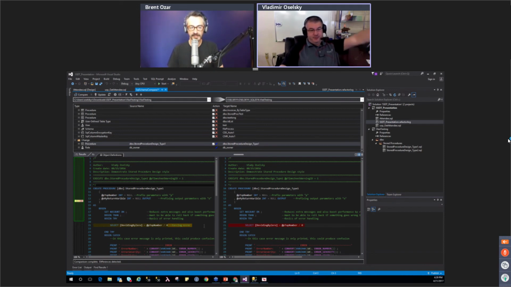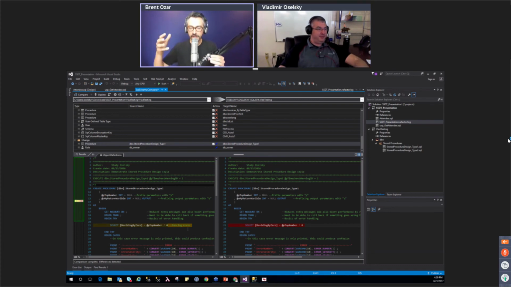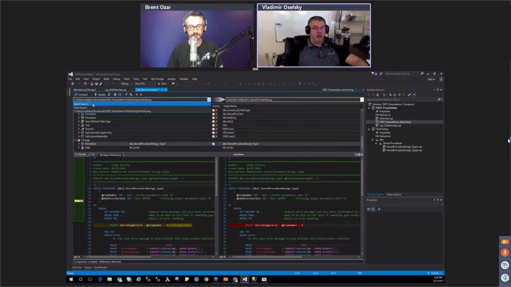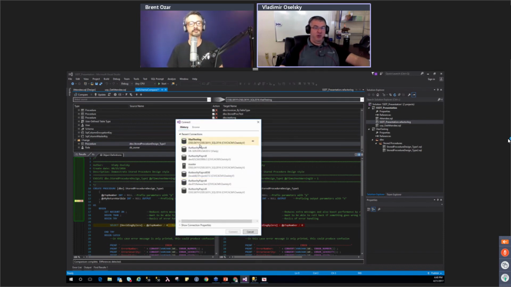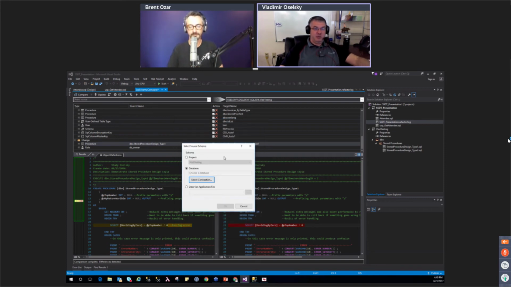Dana asks, do these features work only in the one database that you're in, or can they look across all the databases on a server to do this? Well, with the schema compare, you would have to select a specific database to compare. So you can compare between servers, or two databases on the same server, but it's whatever you have access to. If you have access to that database, you can see it. Otherwise, you won't be able to compare it. Okay.